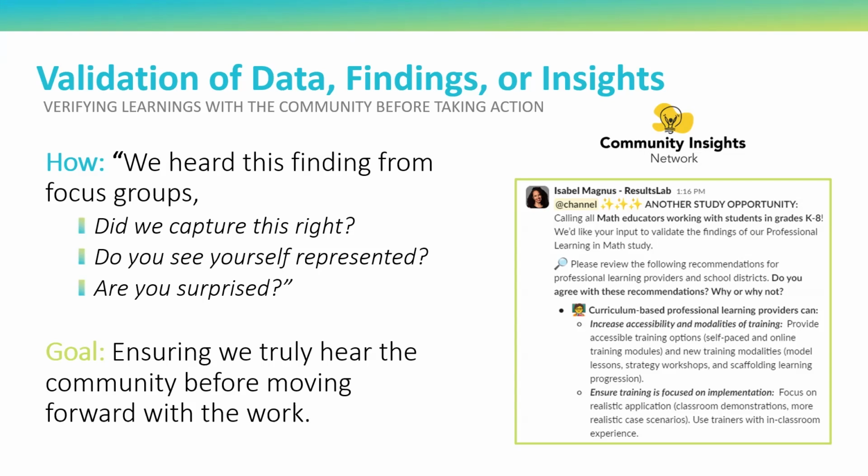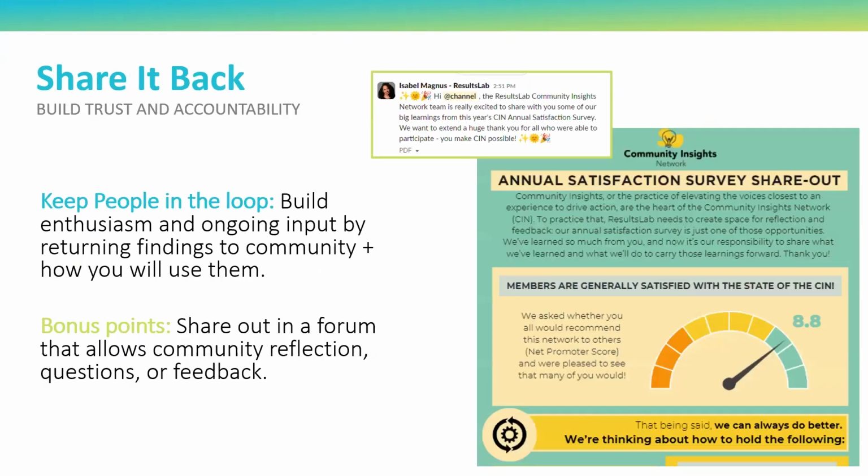So the next and final example here, again, will also be used from the same community, but this is the very important sharing it back, right? So instead of just collecting that data, sharing that data back with the community, and especially sharing it in a space where there can be dialogue. So this is really important for building trust and accountability, and it can take many different shapes. Just like we have with the last Community Insights Network, we share these findings in a digital space. But ideally, this can be done in a town hall setting or a meeting or in person.